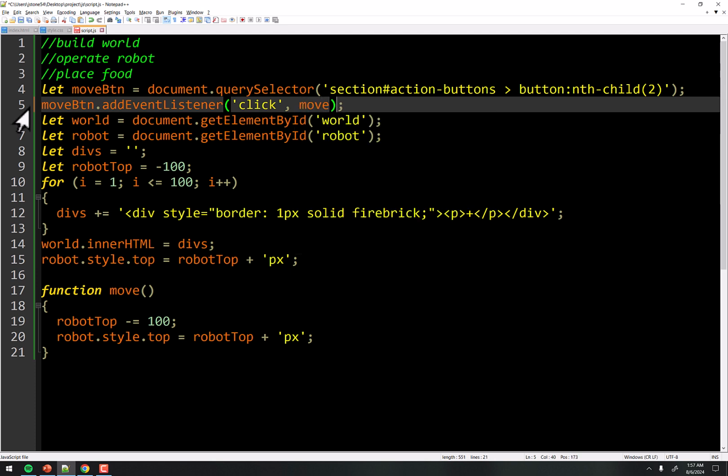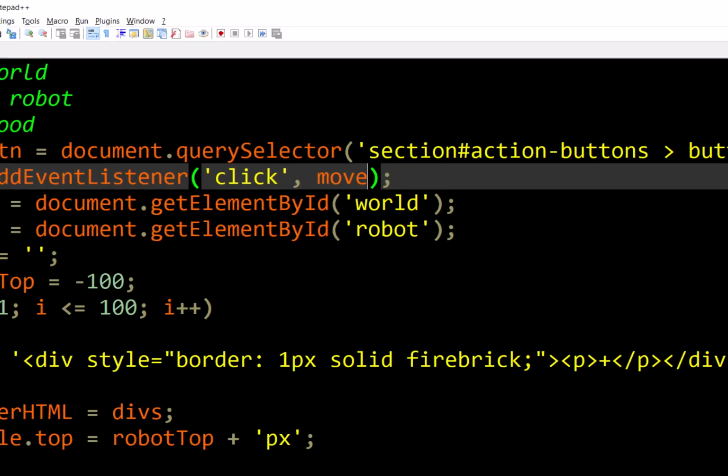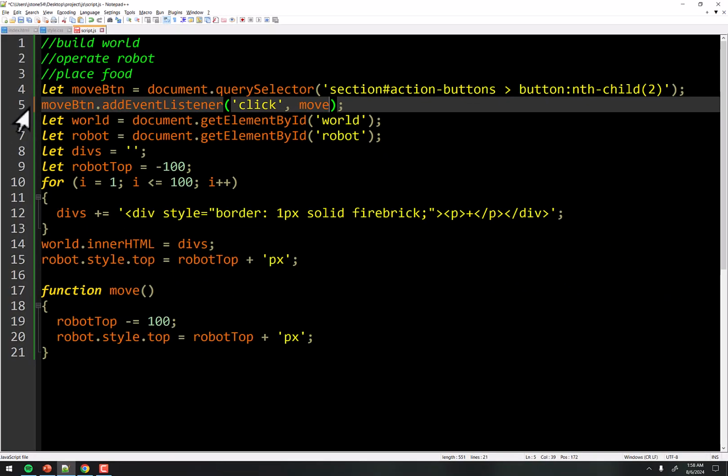And then the other thing is the function that we want to call when the event occurs. And the function we're calling is move. Now notice the parentheses are not there. I'm not saying we're calling move parenthesis. The reason being is because the name of the function is just move. It's not move parenthesis, right? If I need to call the function, then I have to put the parentheses there. But if I'm just saying what's the name of the function, which is what we're doing on line 5, what's the name of the function? It's the move function, right?